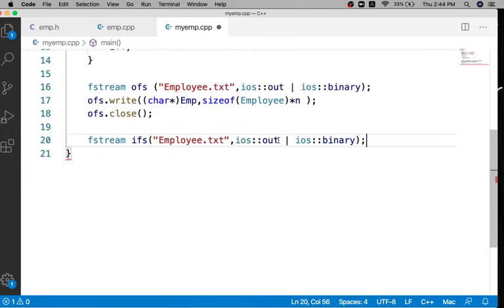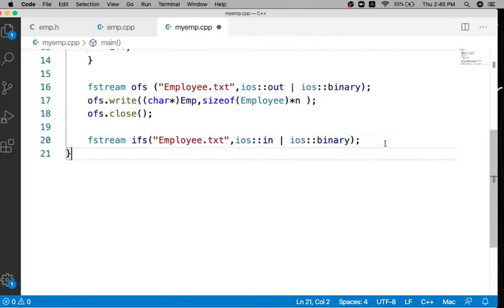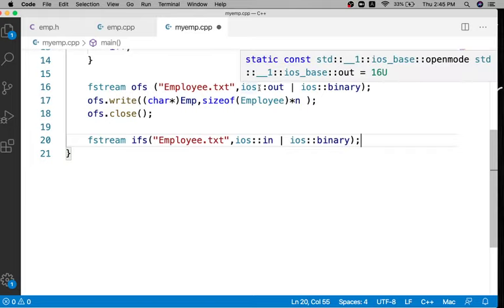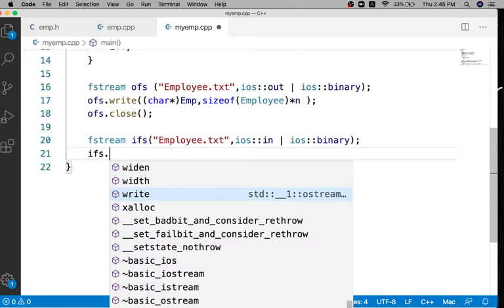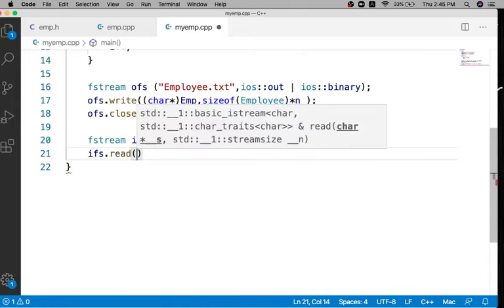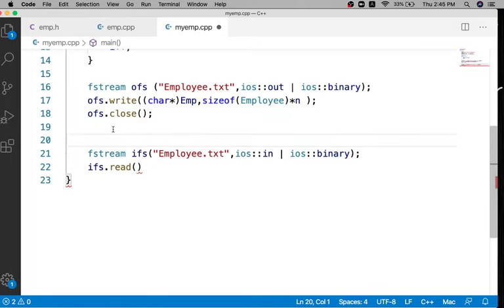So for opening the file in read mode, I'll say ios::in. That's the practice that we use, right? If it is ios::out, that is write mode, ios::in for read mode, right? So let me say ifs dot read, and I'm going to read. Let me create an object first for that, right? So let me say here, I'll say